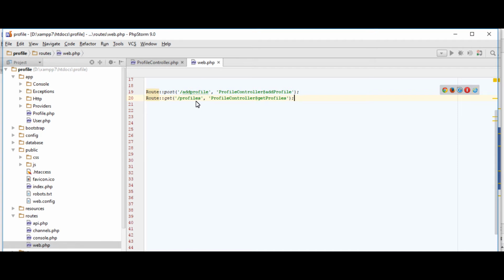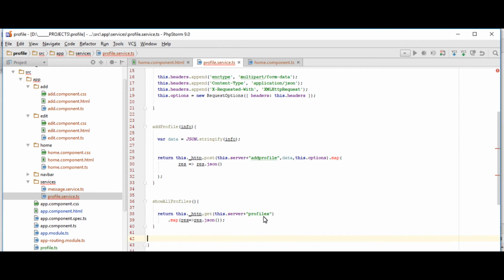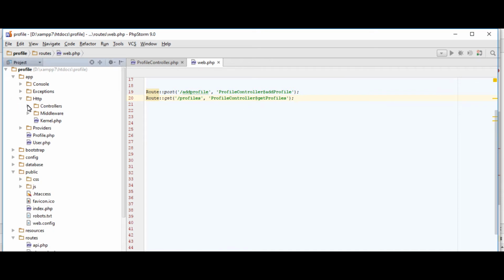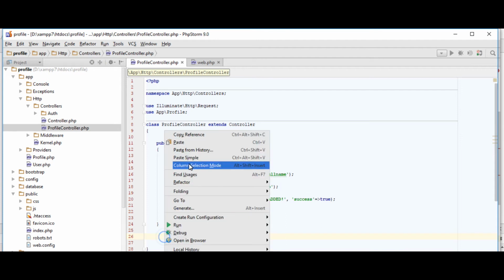Okay, so this one, profiles. And then we're gonna go to our profile controller with the function getProfiles. So now we're gonna add a getProfiles function or method inside the profile controller. So where is the profile controller? That's in app, Http, Controllers, ProfileController.php. We add another function here, which is